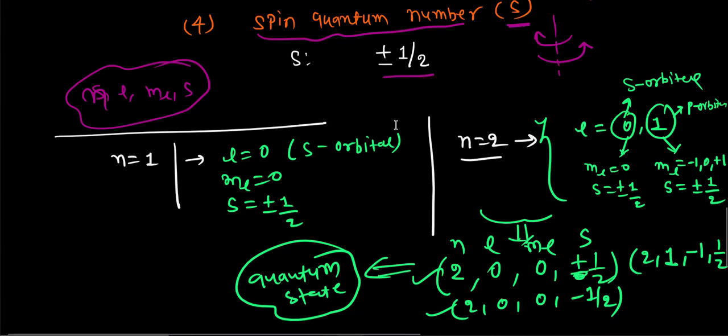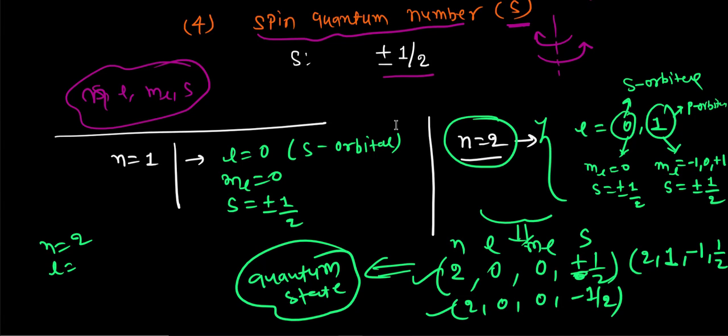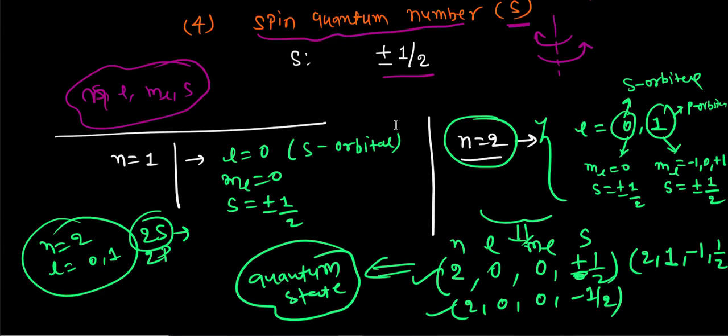Now let's go back to n equal to 2. How many quantum states can there be? For n equal to 2, l can be 0 and 1, so we define it as either 2s or 2p. For 2s there can be only 2 electrons, because s can be only plus or minus 1/2, and for 2p,